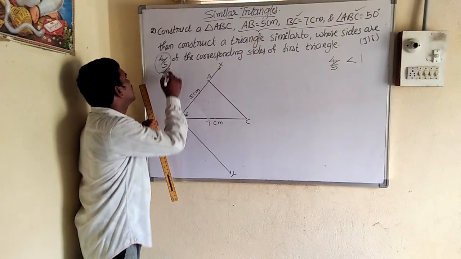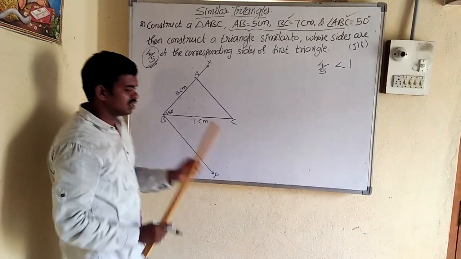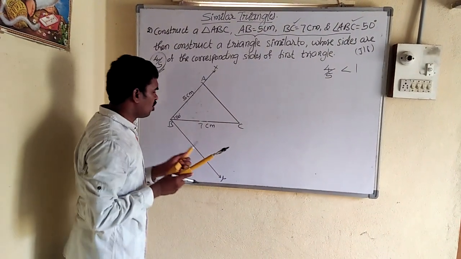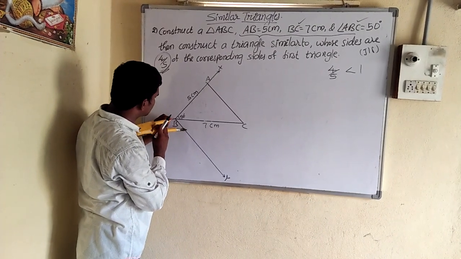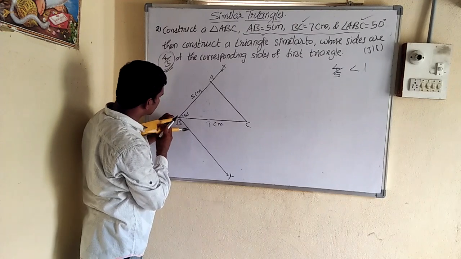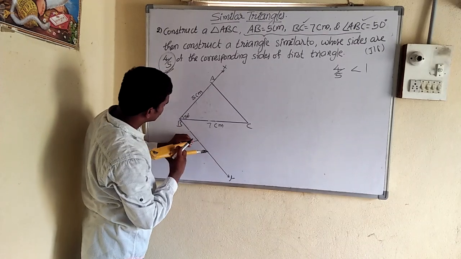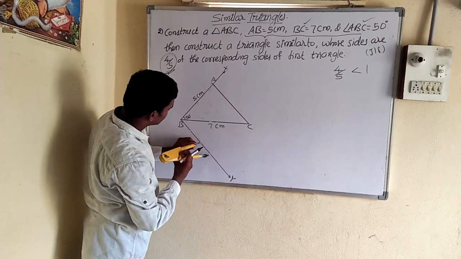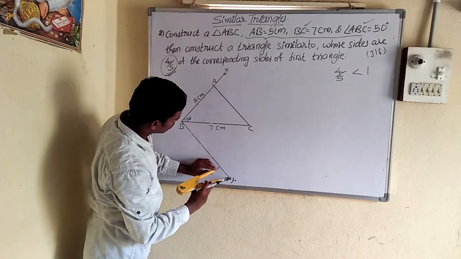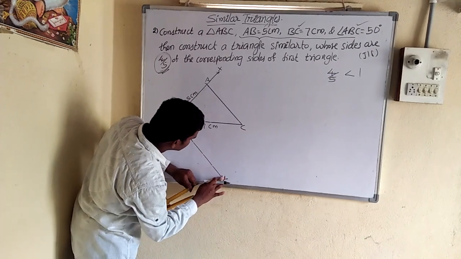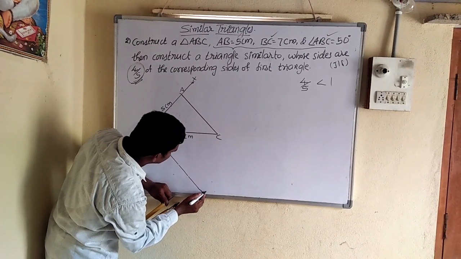Next, what is the denominator? 5 is there, 5 is more. So we have to divide this into 5 equal parts with the compass. How many equal parts? 5 equal parts with some radius. How much radius is not important, but the radius must be equal between any 2 points. 1, 2, 3, 4. Now we have to extend this line because it is not sufficient.